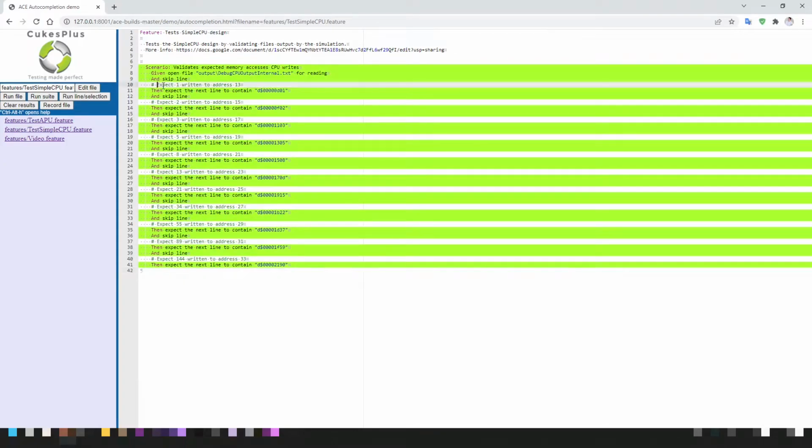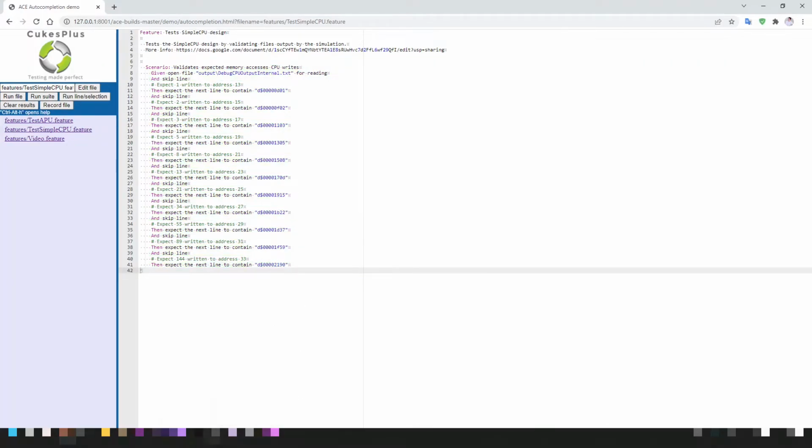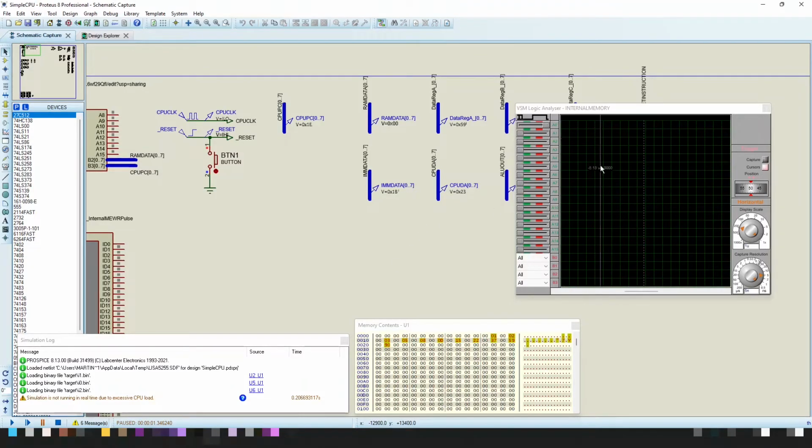Now here is a comment saying I expect 1 to be written to address 13, expect 2 to be written to address 15, so on and so forth. And that's what I expect, and that's what is validated here. So I know that the CPU has at least behaved in accordance with my expectations for how it should work. So that's what we get. I can clear the results now, because I know that the test case has executed correctly. So basically that validates the CPU